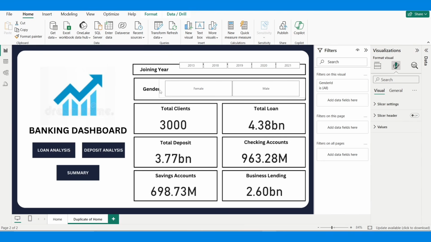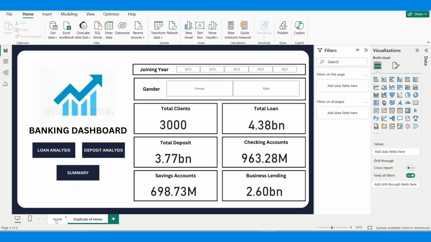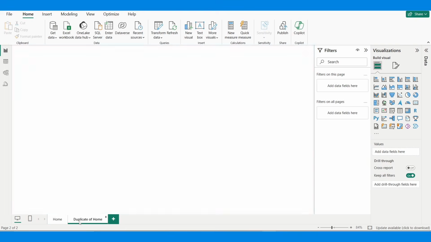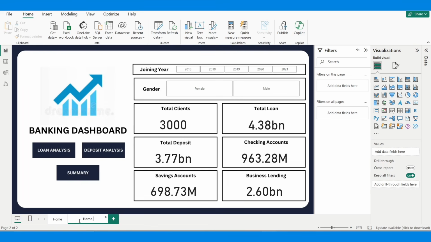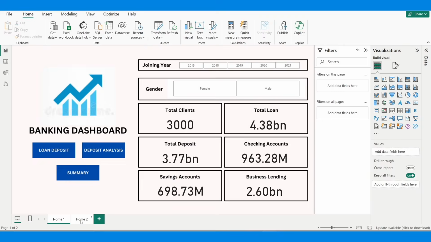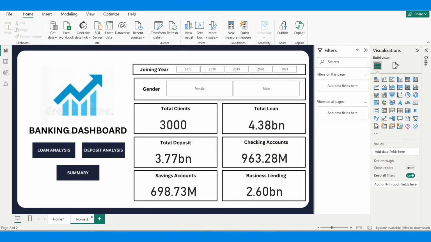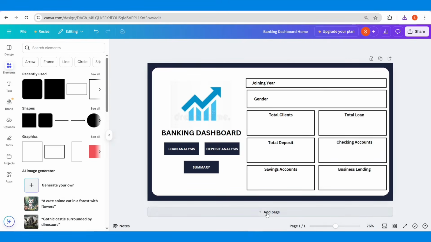And then this one will be something like this and this one will be something like this. Now I'm not sure whether this one is good or this one is good, so I have done two different versions. Maybe you can decide which one is better. Let's say home 1 and home 2. For me home 2 is better, so I'm going to use this as my baseline